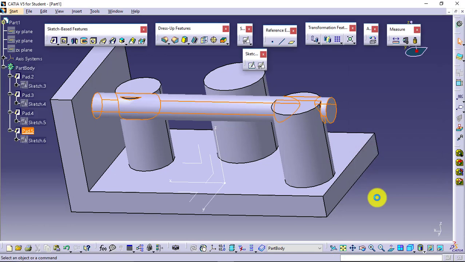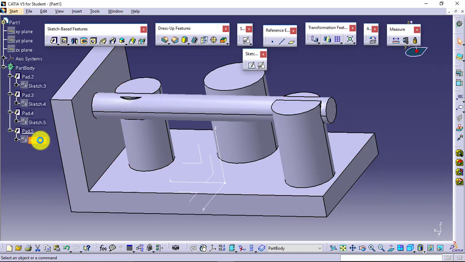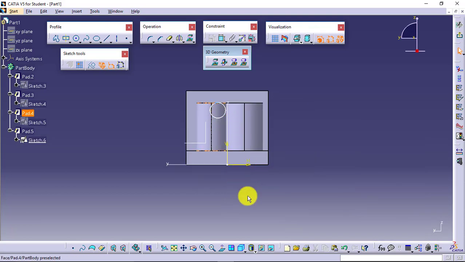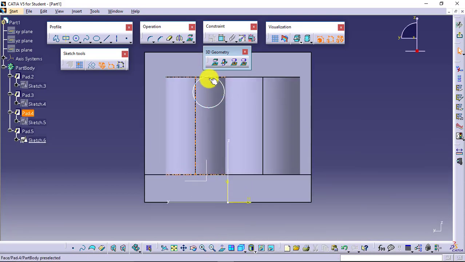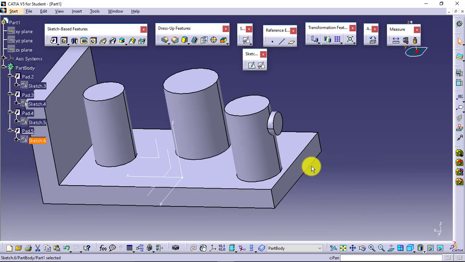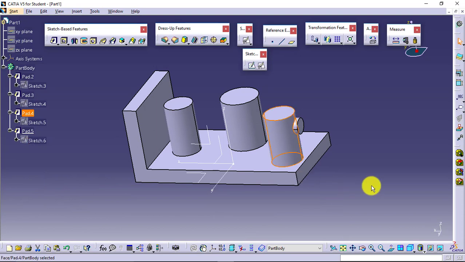I'll keep this okay, and I'll just modify the last sketch, so that you can see over here that it is not merging. There is a mismatch over here. I'll just change it a bit. Now it is fully merging. I'll say okay. See the next available surface now. This is considered as the next available surface.